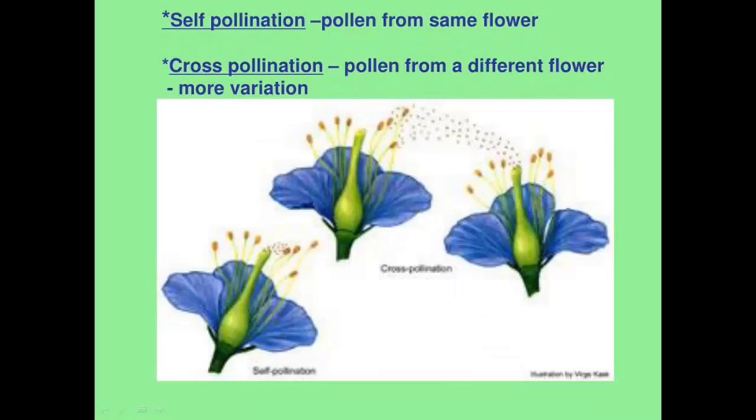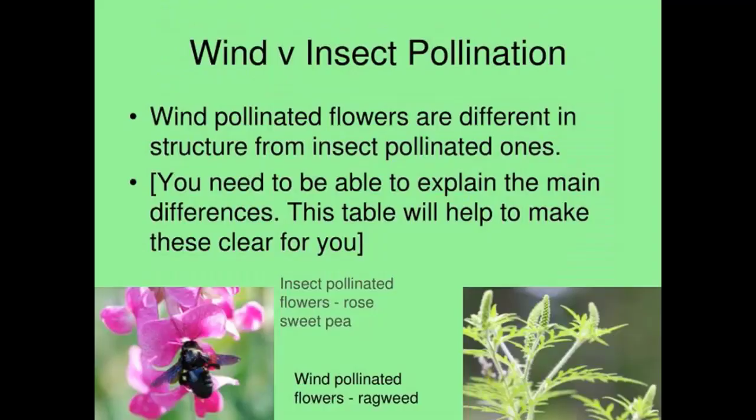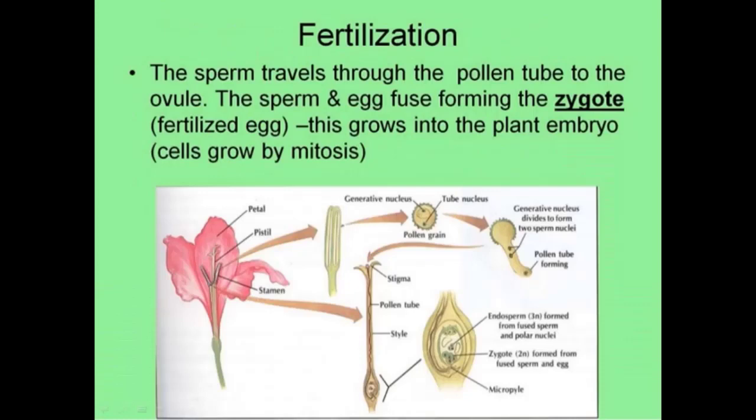So there are two kinds of pollination, as I told you. Self-pollination occurs when pollen is transferred from an anther to a stigma of the same flower, whereas cross-pollination happens when pollen is transferred from the anther of one flower to the stigma of another flower. These are carried out in different ways, as I told. They are done by birds or insects, and these birds or insects are called the pollinators. So after pollination, we can move further to fertilization.